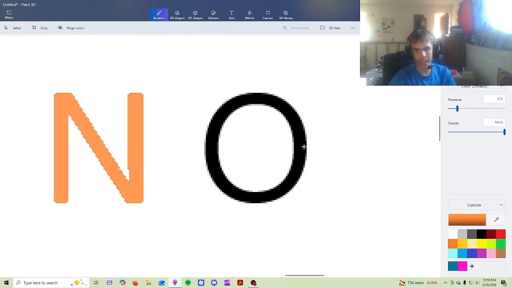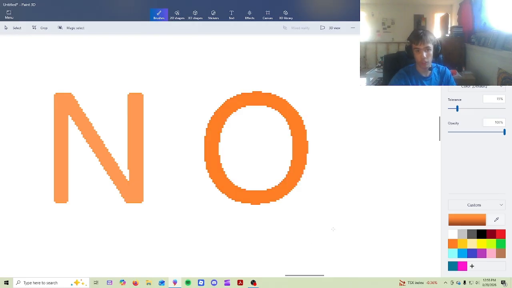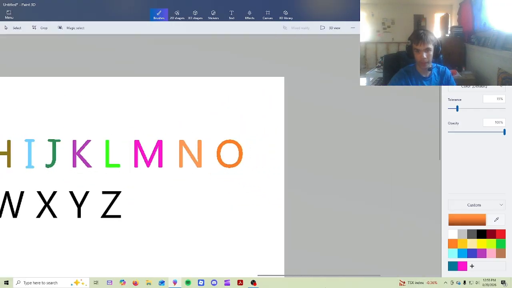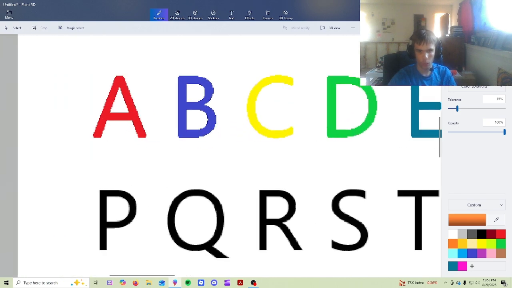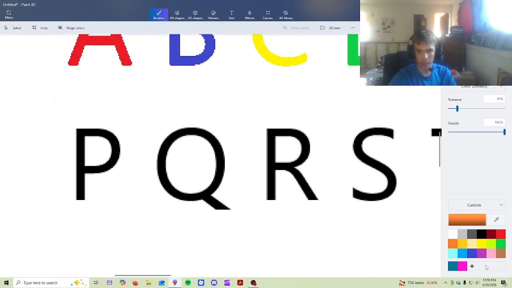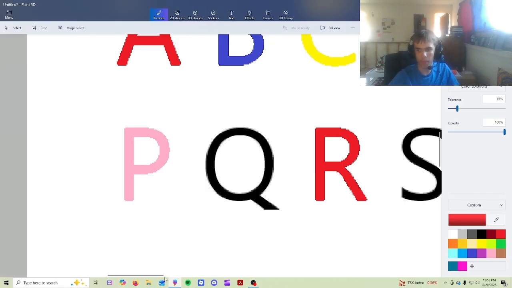O, on the other hand, fits normal orange the most. I mean, that's just pretty Captain Obvious at this point. And while I'm at it, I might as well do the other two Captain Obvious letters. Like, what do you think? What color do you think P is gonna be? What do you think R is gonna be? And at this point, you are asking a question that I have a pretty